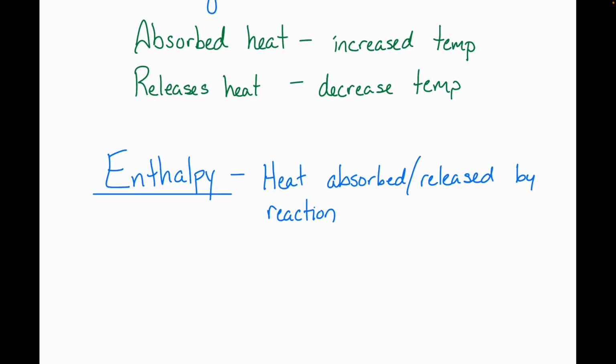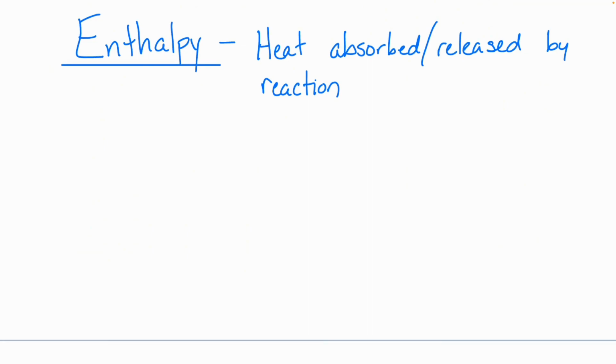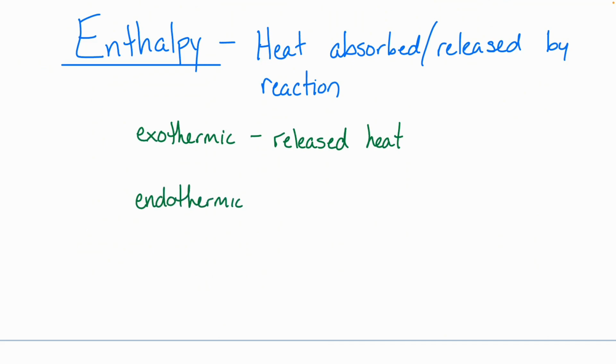All right, so when we were talking about enthalpy, now in the context of chemical reactions, that same idea, that same quantity of heat we're talking about, but this was specifically in the context of chemical reactions. And we had these fancy terms here. We said that a reaction was exothermic, meaning it what? Released or absorbed heat. Exothermic means that it releases heat. And then endothermic means that it absorbs heat.